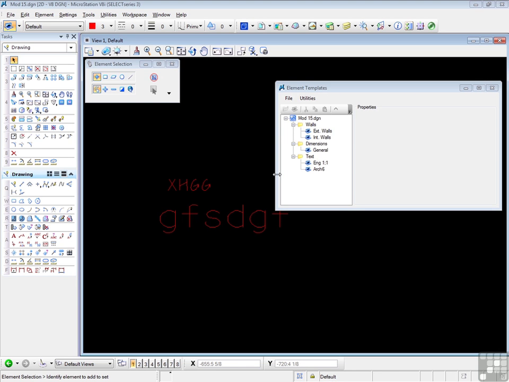Having created a small set of element templates, the next step is to place the templates in a design library, or a design lib for short. Then you can apply the templates to all of your design files, not just the current one. A design lib is simply a standard design file with a